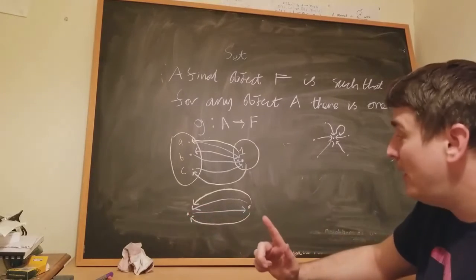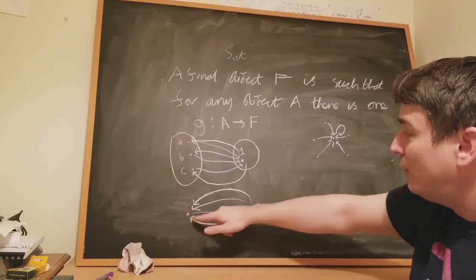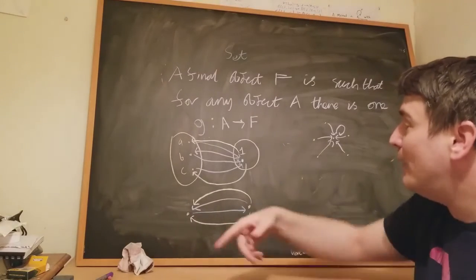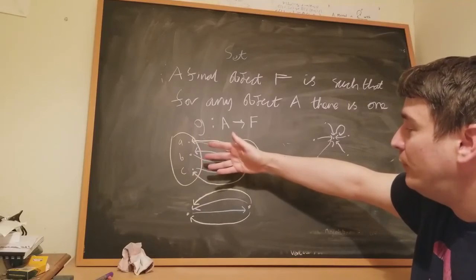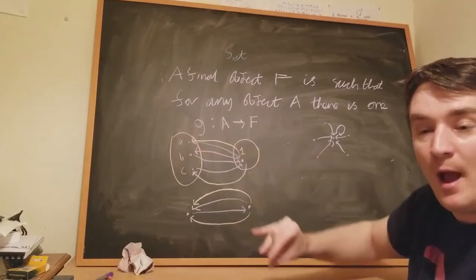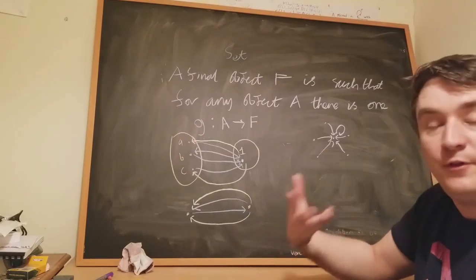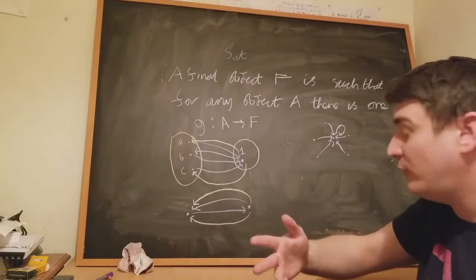And moreover, each of the elements in this set corresponds to a particular arrow. So we no longer have to talk about the elements of a set. We can just talk about the arrows coming from this final object into them. And this really gives us a way to sort of generalize lots of the things that we talk about in set theory. And there are various other ways to generalize things as well.